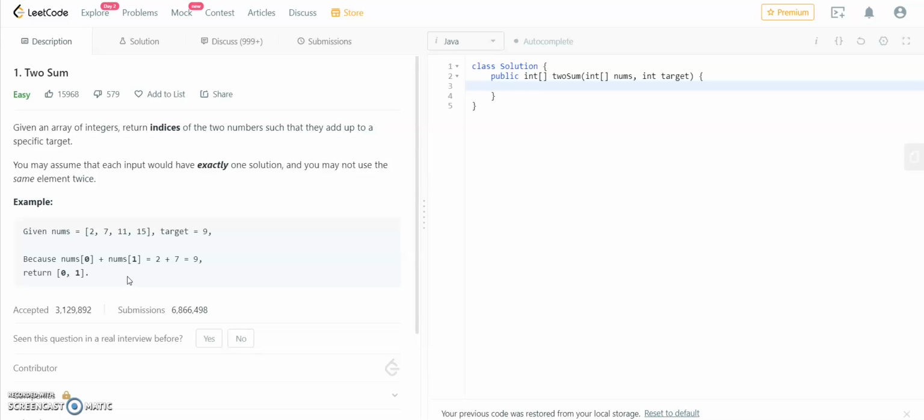We know that for the second loop we don't need to traverse the whole array from the start again. So we need a data structure to store the number in the first traversal itself and check whether its complement exists in the stored data structure. Therefore, we'll use a hash map, since its time complexity for retrieving data is O of 1. So let's create a hash map. Its type will be integer.